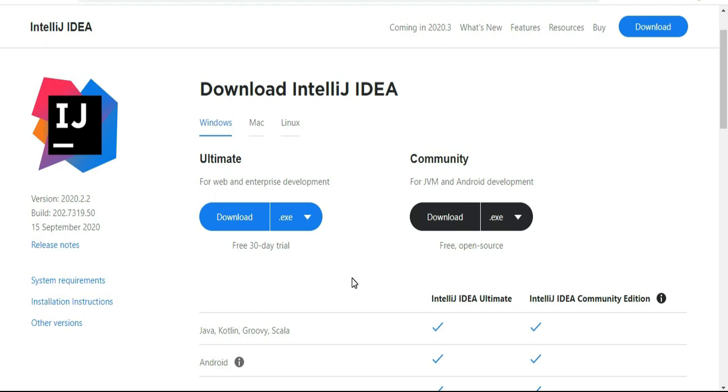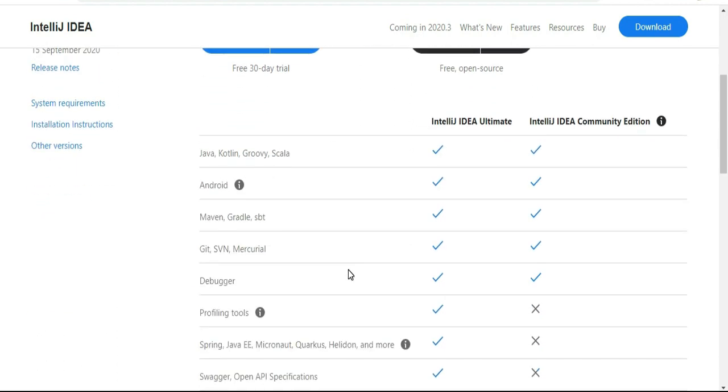Now here you can see I have two versions of IntelliJ IDEA. One is Ultimate, another is Community version. Community version is free and open source and Ultimate is the paid one. Here are the different features of Ultimate and Community editions.